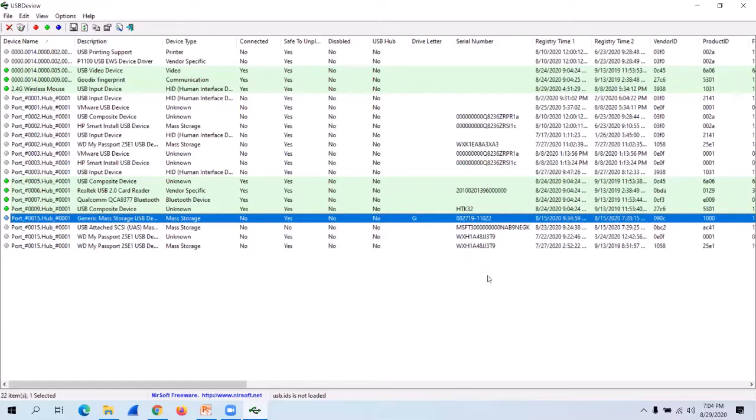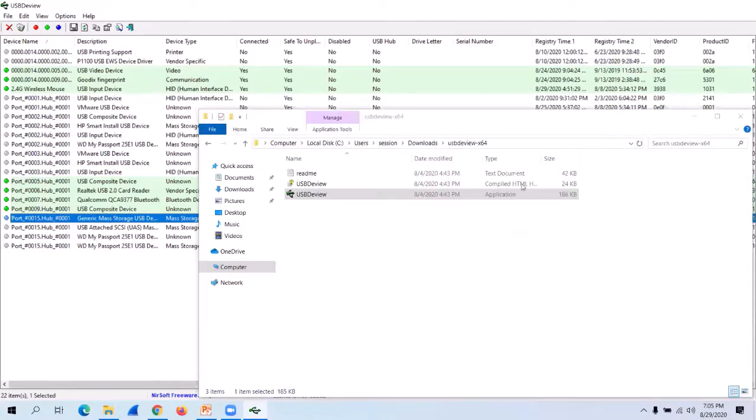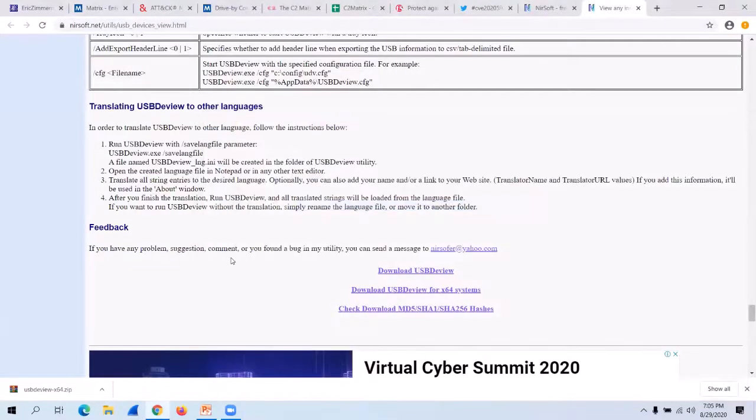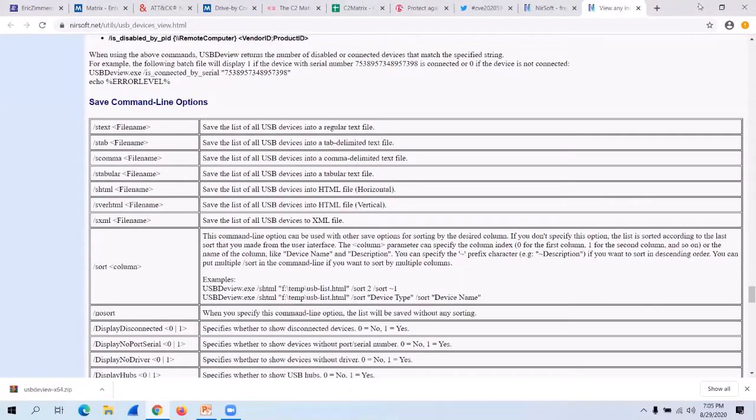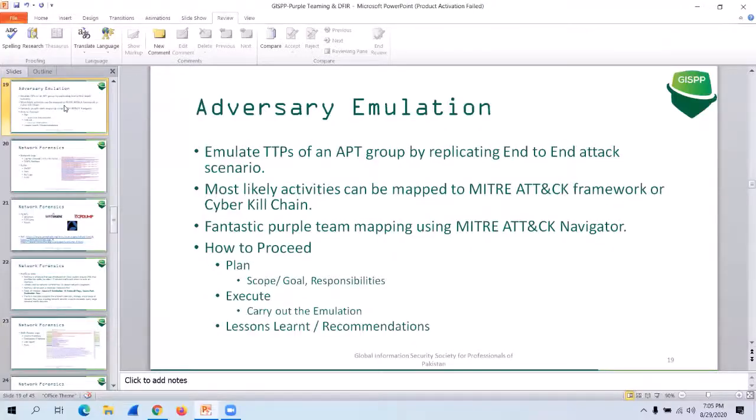And I'm speaking from experience. I came across MBR based malware, which was residing at the bootkit layer of some USBs, and on one of my client's systems, it was infecting other hosts. So this particular software and the correlation of the serial key led me to the actual device that was infecting the systems whenever plugged in. All their utilities are amazing. I would recommend everyone to go and have a look at them.